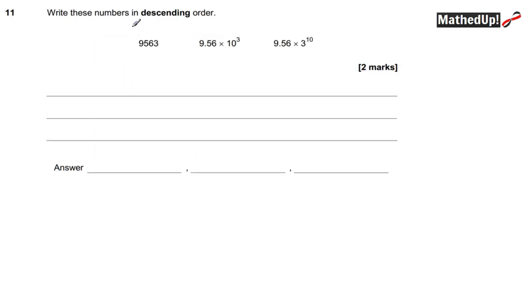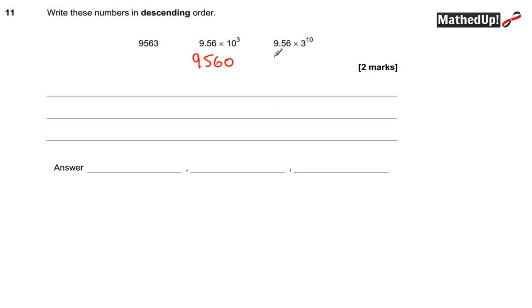Question 11. Write these numbers in descending order, so from biggest to smallest. Right, okay, so the best way to do this is to convert these numbers into ordinary numbers. So we'll start with this one over here. We've got 9.56 times 10 to the power of 3. So that's going to be, I need to times that by 10 3 times, so it's going to be